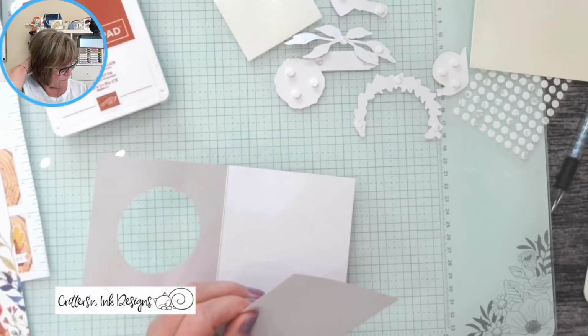Oh my goodness. Okay, so this is going to go here like this, inside of here. Oof, look at the mess I made. You'd think I hadn't made a card in years. Yikes. Glue everywhere. Okay. Now, this is going to go like this. And the first thing we're going to do is put...